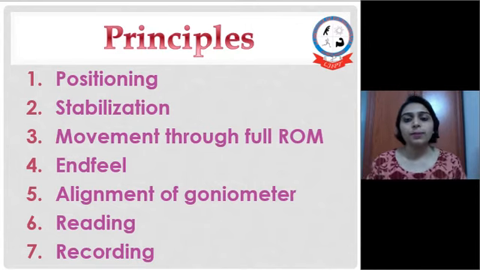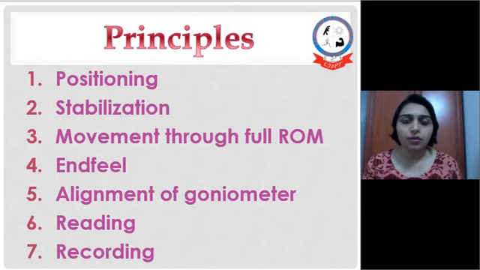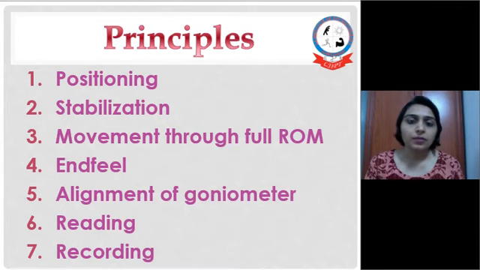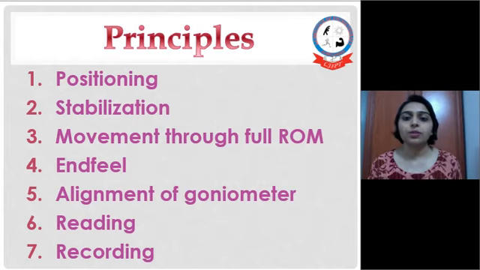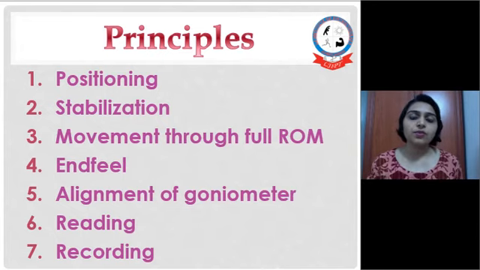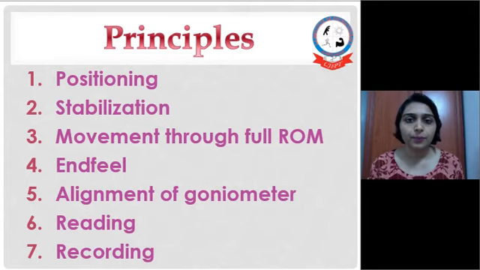So we have to make the patient lie down or sit down, or whatever position we require for joint range of motion, in a relaxed manner. If the patient is in supine lying, we can take all the joint measurements in that position. Then we can make the patient go for side lying or prone lying and measure every joint in the same position.